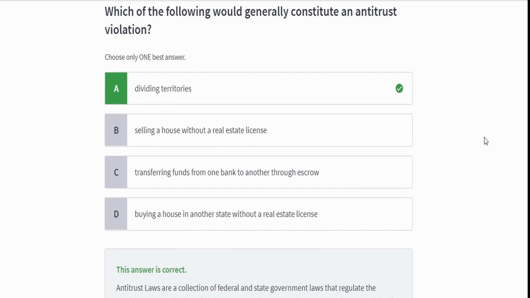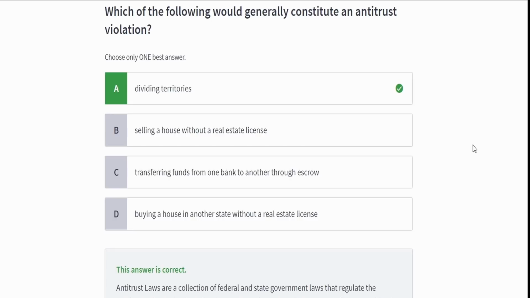Now, a question I get asked all the time about a question like this is that B part says here, selling a house without a real estate license. Obviously, you can't do that unless you did like a for sale by owner type deal. But don't look at these questions as is it legal or illegal. If you guys were paying attention to the first one, remember I discussed that a little bit. You need to read the full question. I can't stress that enough.